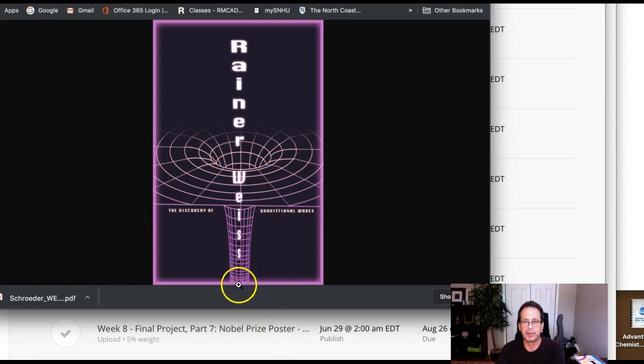See this little illustration here? Let's get rid of that completely. See this horizontal line right here? Let's get rid of that completely. Continue this illustration, so let's just let that curve continue, and that's the only thing you have on the front cover. Take "Discovery of a Gravitational Wave" and pull it down a little bit,